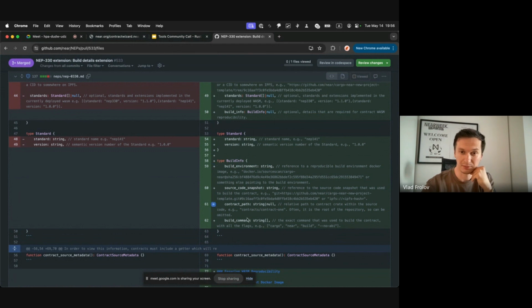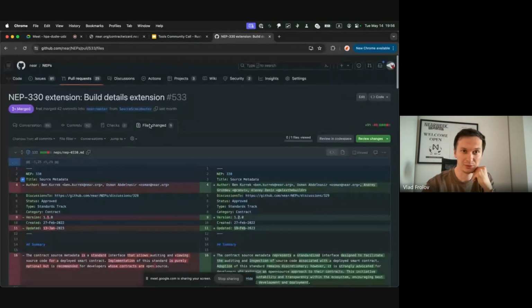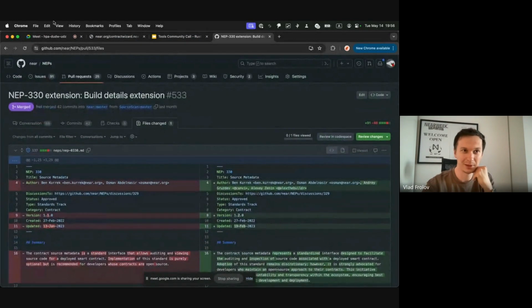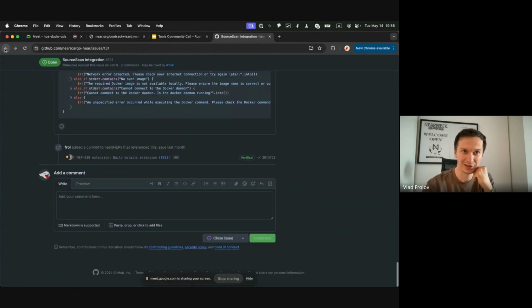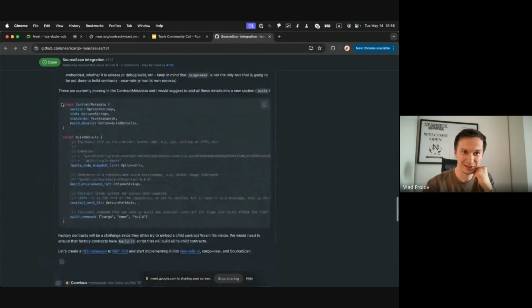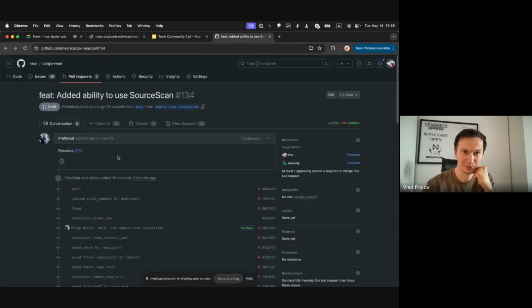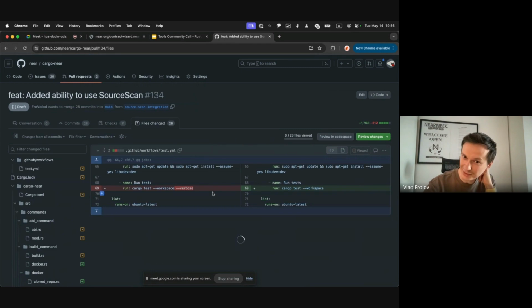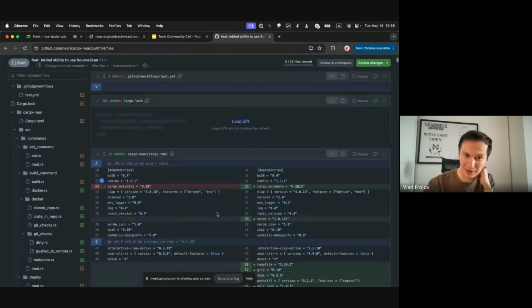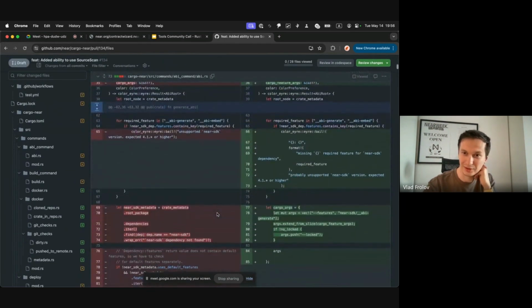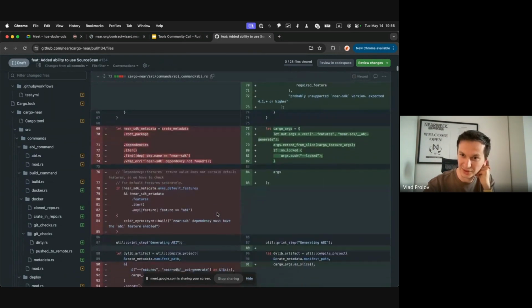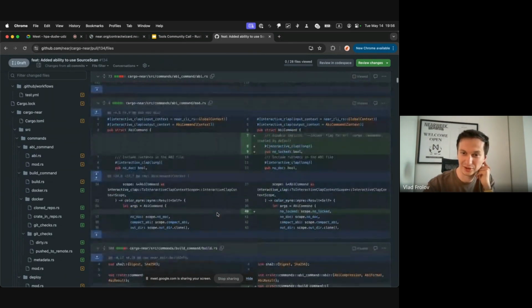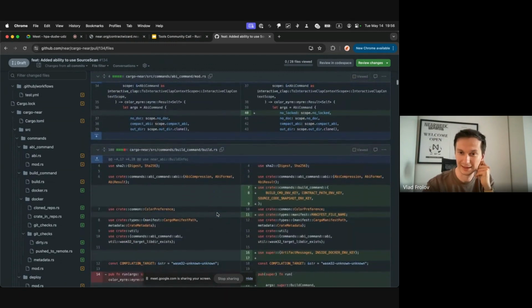This is cool and fun when you basically state it as a NEP, but when you go and actually start integrating it into cargo-near, it becomes a pretty challenging thing, because you need to carefully support multiple systems and other features of cargo-near, building ABI and building potentially factory contracts.